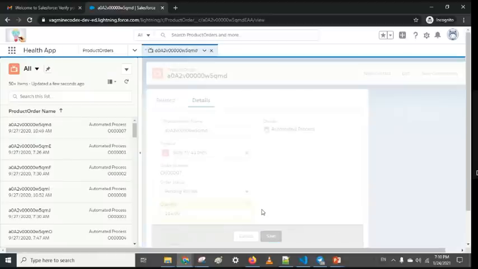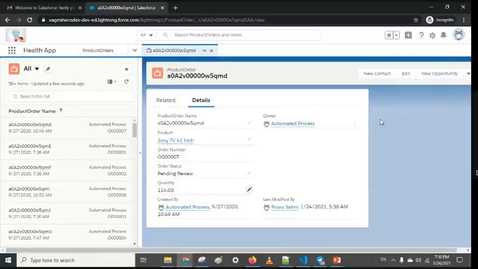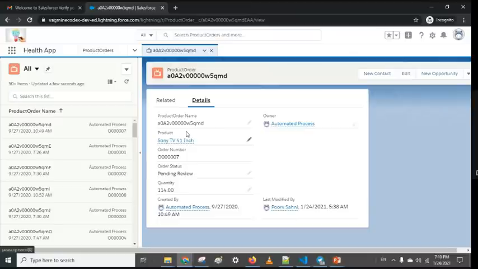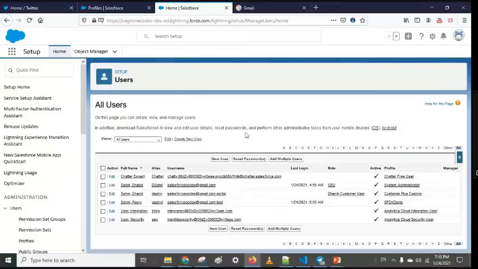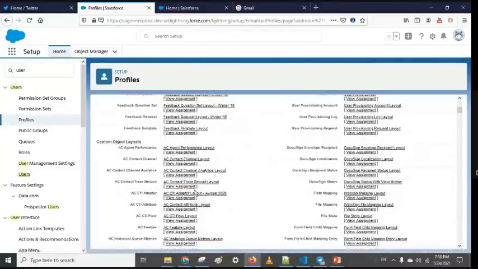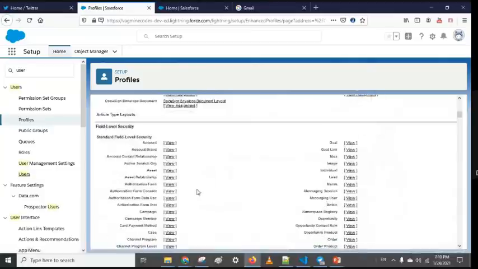Then it's weird. Then there are two things I have to check. Okay, these two points I have to verify and then I will confirm, because if I have edit access through the profile, but field level access is not given, I should not be able to edit at least that field.